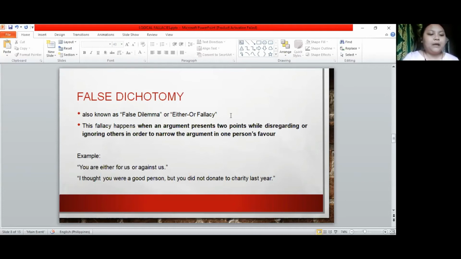Alright? So this fallacy attempts to drive an argument into a direction where only one specific answer can be given in order to incriminate the opposing party. Another example: if you don't vote for this candidate, you must be a communist. So this is somehow a bias, and unfair on the side of the other person. Alright, so let's proceed with